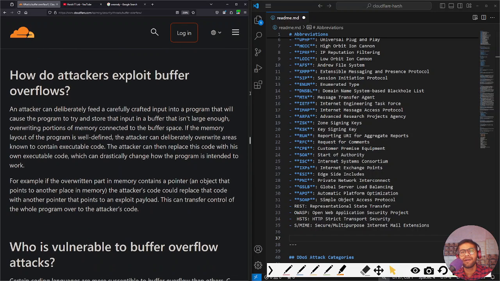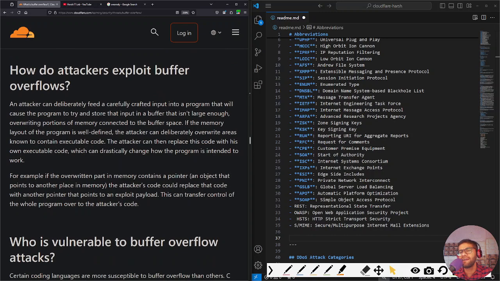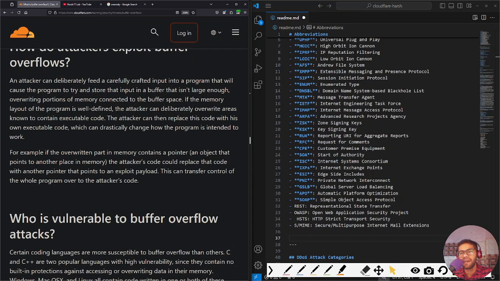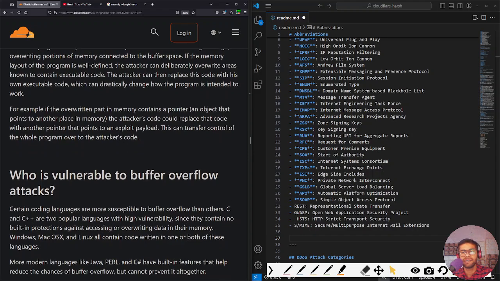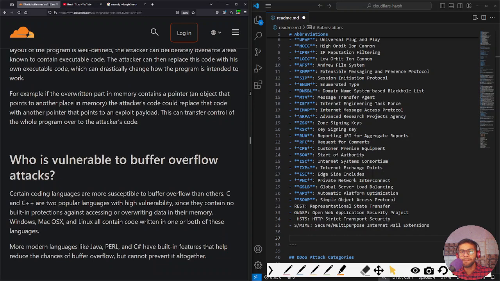How do attackers exploit buffer overflow? An attacker can deliberately feed a carefully crafted input into a program that will cause the program to store the input in a buffer that is not large enough, overwriting portions of memory connected to the buffer. If the memory layout of the program is well defined, the attacker can deliberately overwrite areas that contain executable code. The attacker can then replace this code with his own executable code, which can drastically change how the program is intended to work. For example, if the overwritten part in the memory contains a pointer,